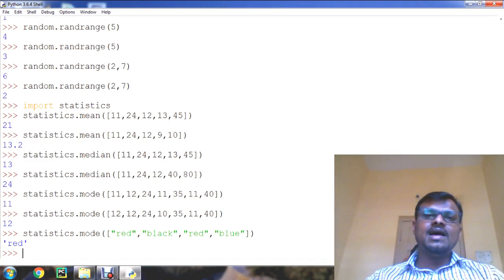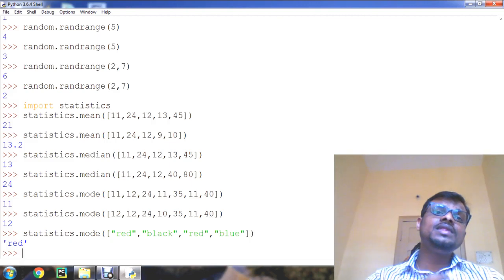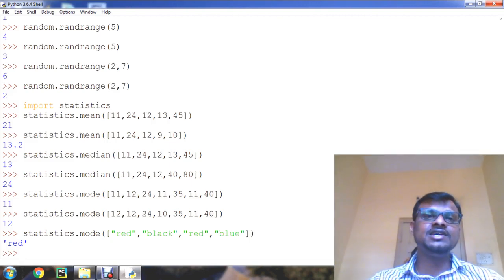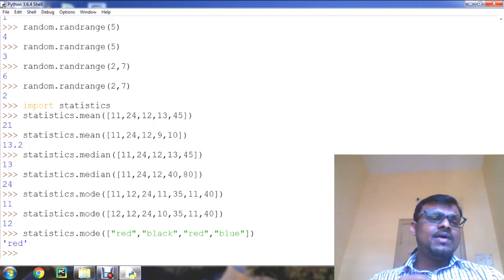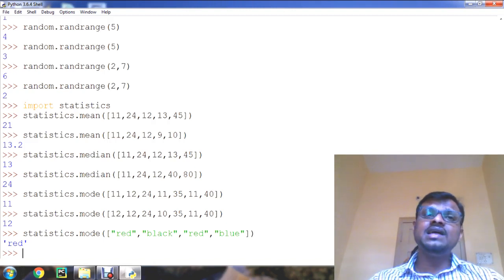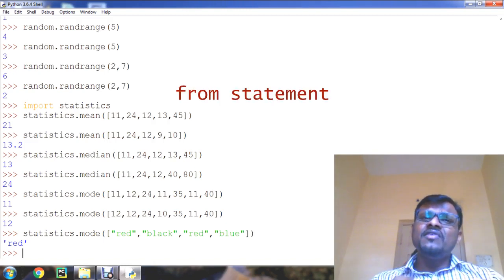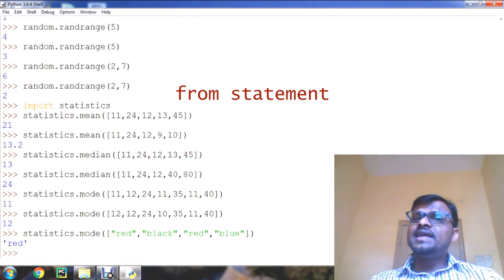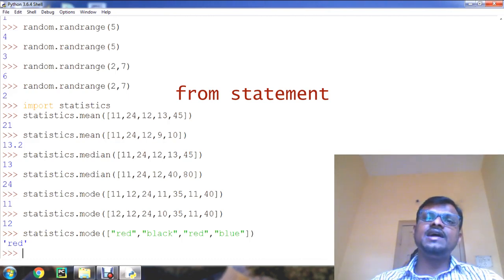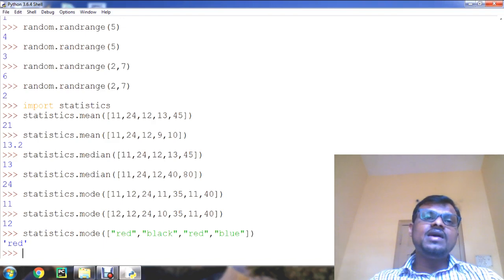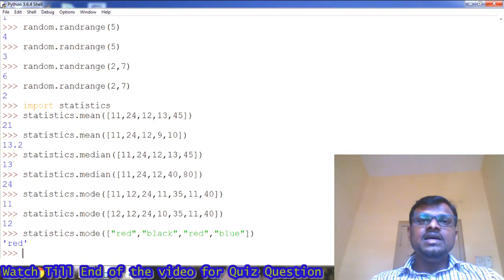Well guys, as for now we have discussed how we can import the whole module and make use of the functions in our program. We can make use of the module in another way also, by using the from statement. Instead of loading all the functions into our memory by importing a module, the from statement can be used to access only the required functions from a module. It makes our program run efficiently. So the from statement loads only the specified functions instead of all the functions in a module.